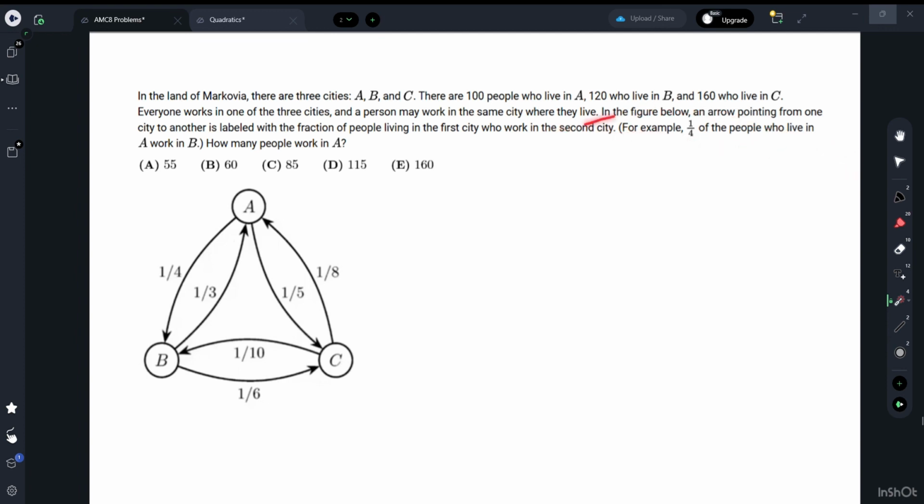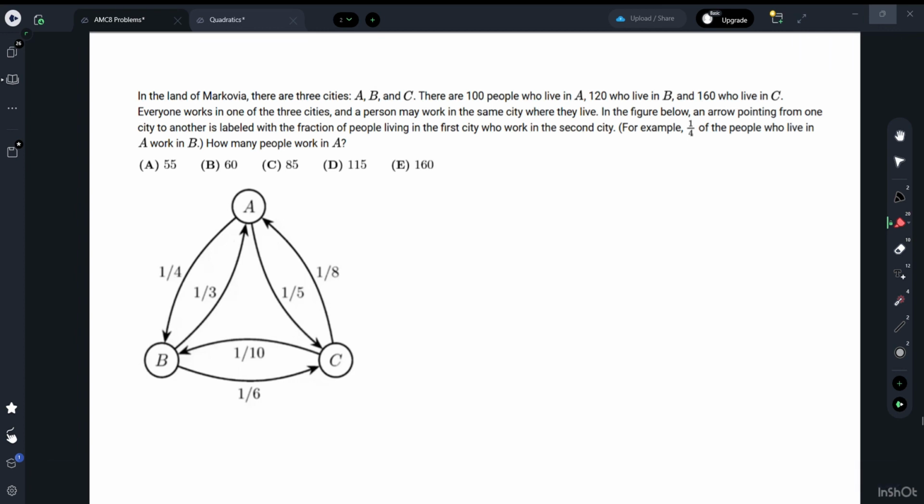In the figure below, an arrow pointing from one city to the next is labeled with the fraction of people living in the first city who work in the second city. So how many people work in A? So let's see. Let's take a look at the arrows that point towards A. These are the arrows that show